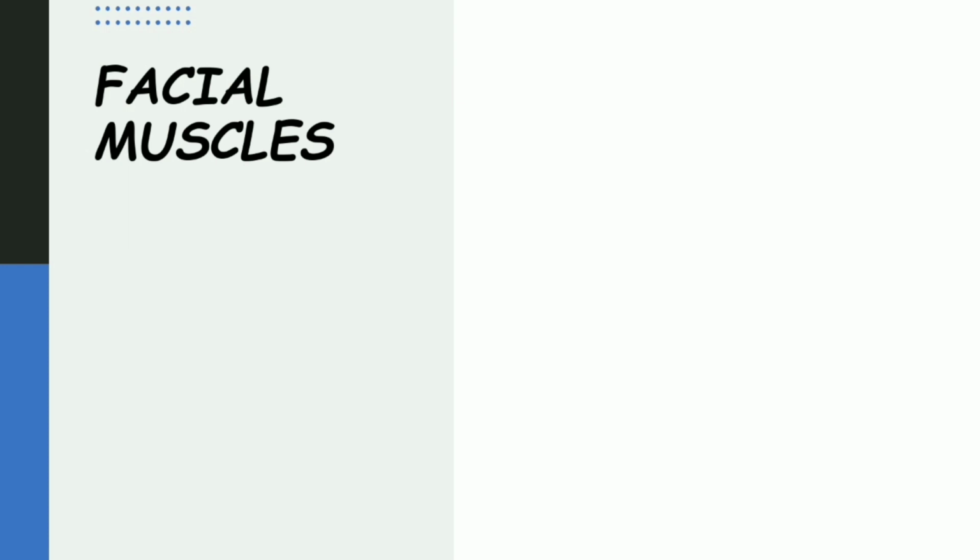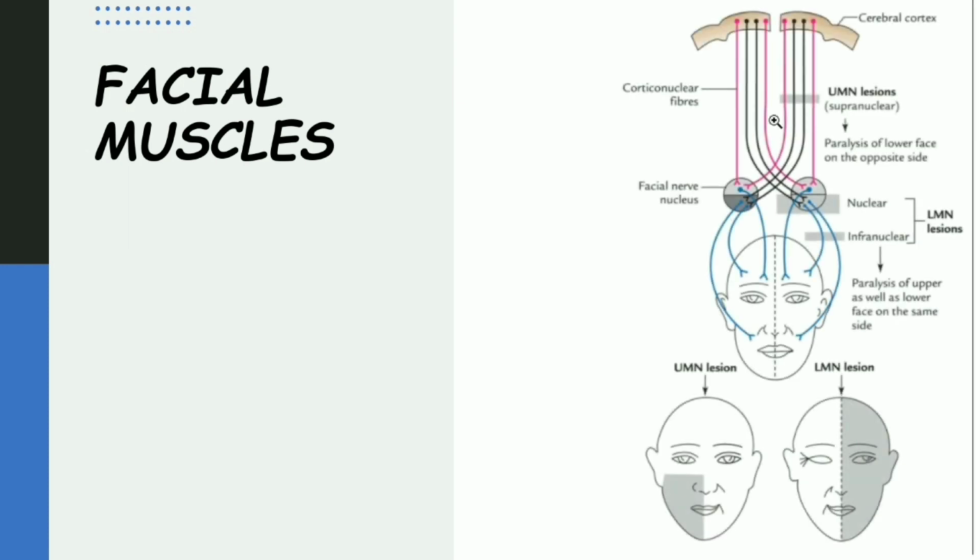Now, what are the features regarding the facial muscles? We saw that there are corticonuclear tracts which innervate the facial nerve nucleus, and from the nucleus the facial nerve arises. So when we are considering the facial nerve, the upper motor neurons are the corticobulbar tracts, which come from the motor cortex. Now, considering the path of these tracts, in the left hemisphere, the majority of the fibers are crossing the midline and innervating the right facial nerve